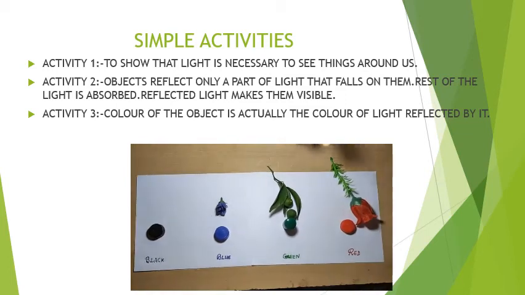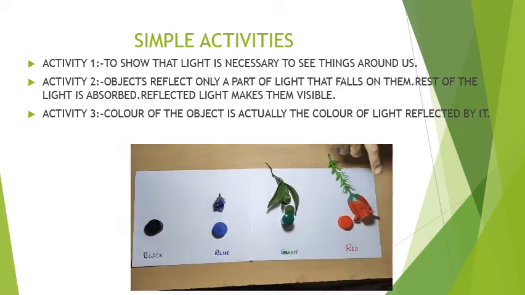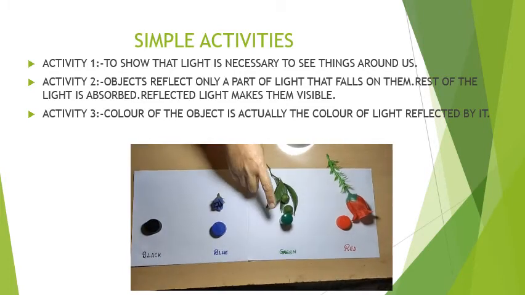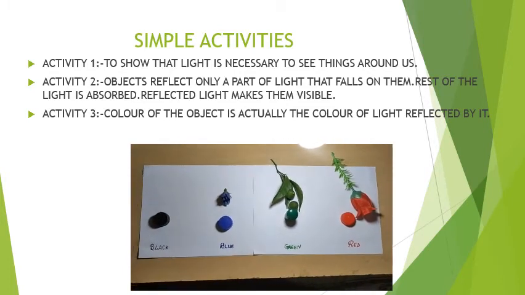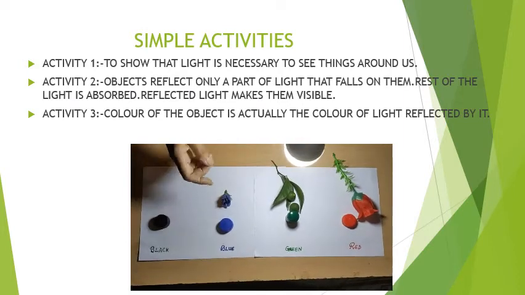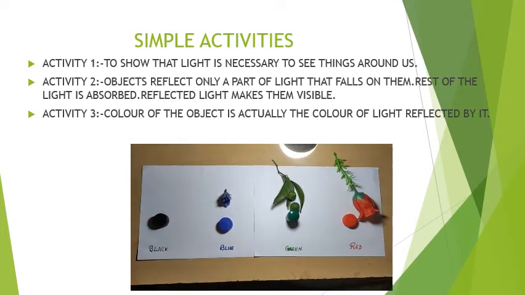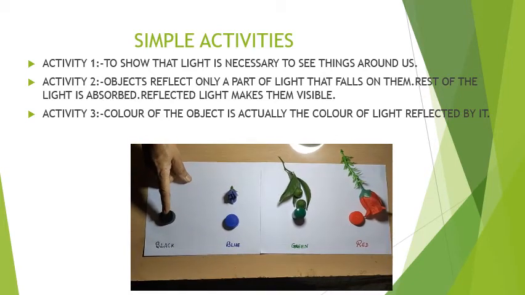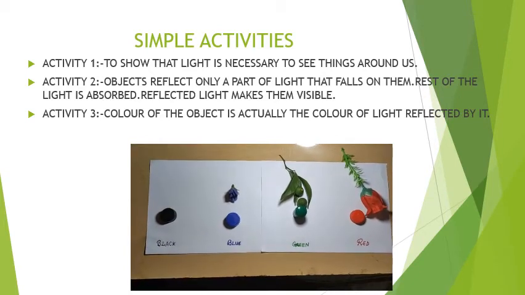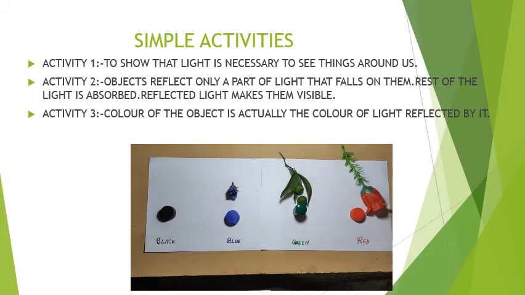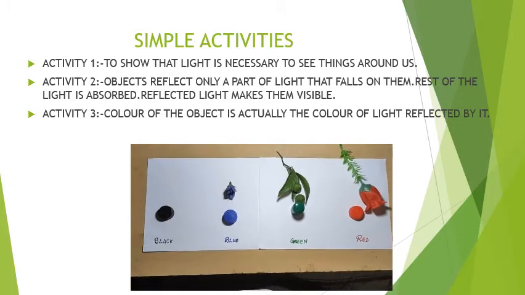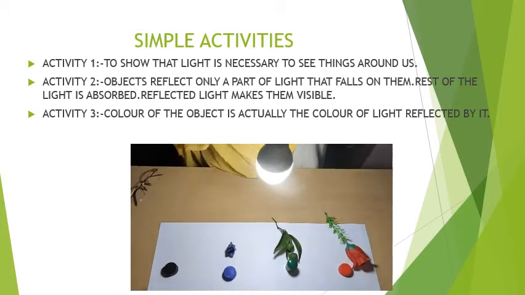This is because these red objects are giving me red light. Green objects are giving me green light. Blue objects are sending blue light into my eyes. And black, this object is not sending any light into my eyes. Again, don't you think that this bulb has red color light, green color light, blue color light?